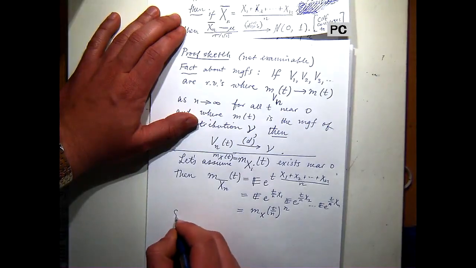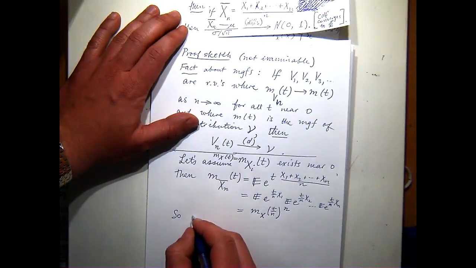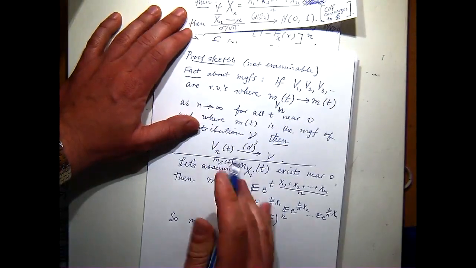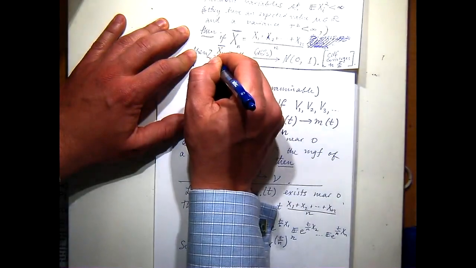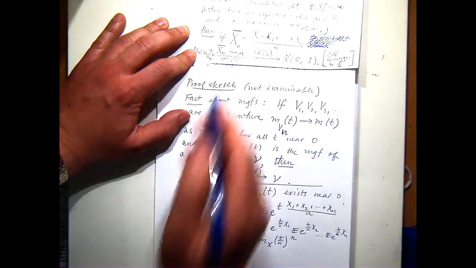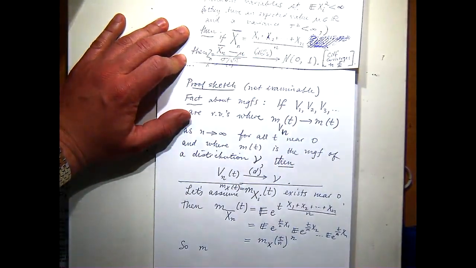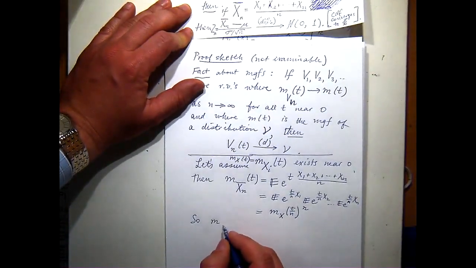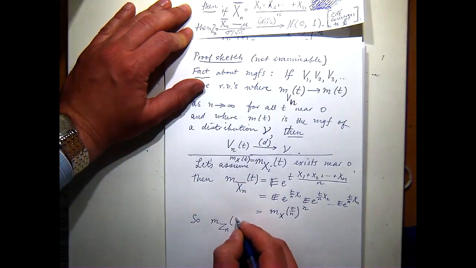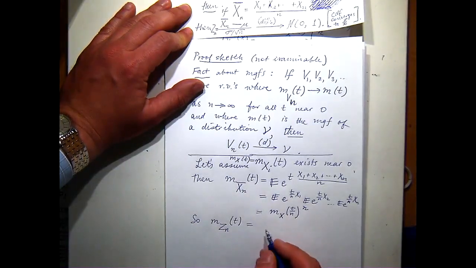So now I have to do, I think I better name this so I don't have to write it all out. Zn will be my standardized version of xn. Z is often a letter used for standardized versions because mean 0 and variance 1. So the moment generating function of Zn of t is going to be equal to